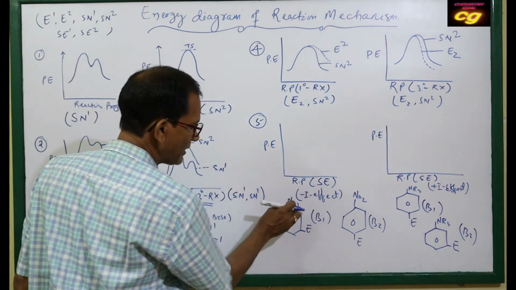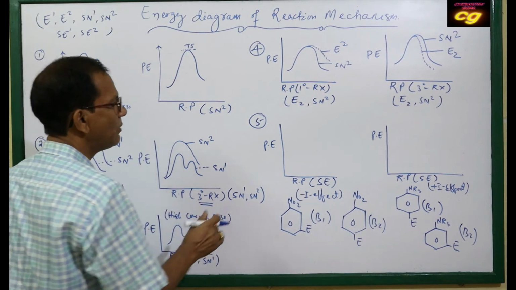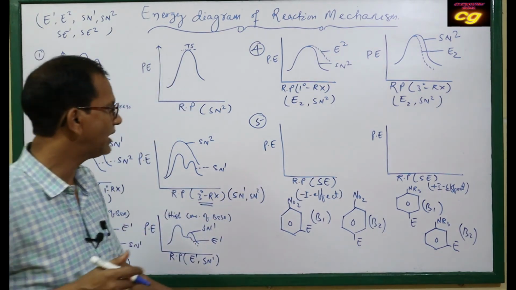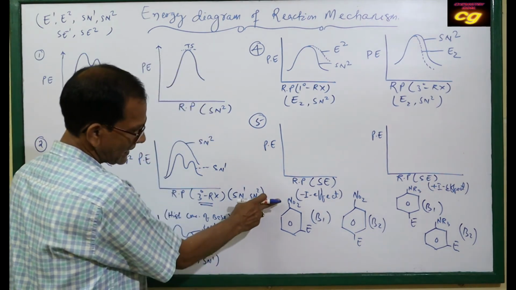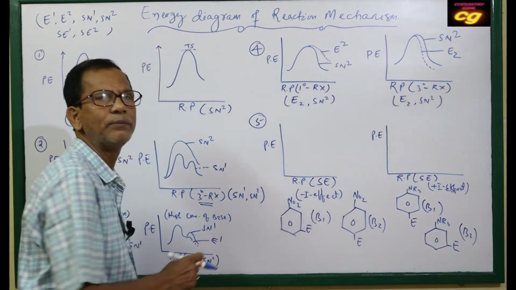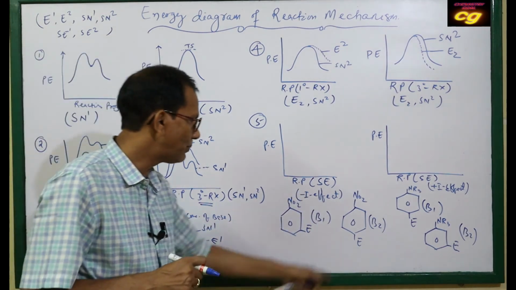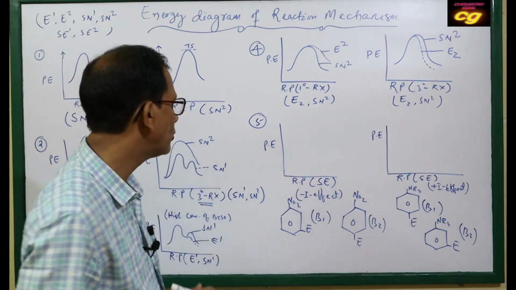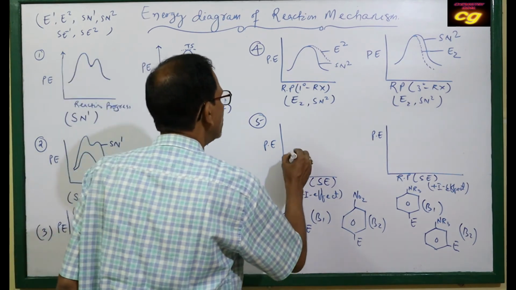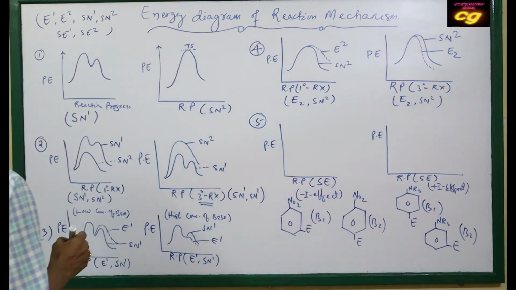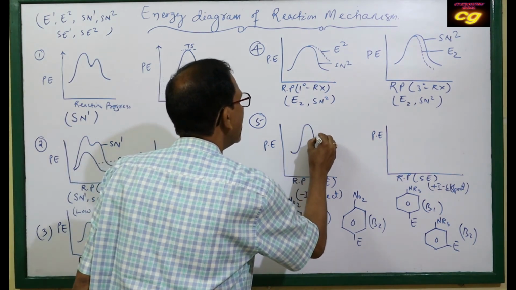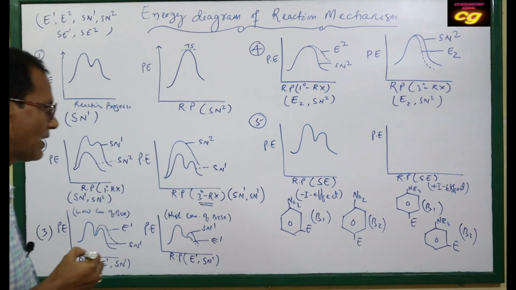Here the compound is aromatic and has a minus I effect, as the nitro group is there. As we have already read, a minus I effect always prefers the attack of the electrophile at the meta position, and the para and ortho positions will be slow. As the meta derivative it is faster. So if you draw the graph, it is in this way, this is your first step and second step.